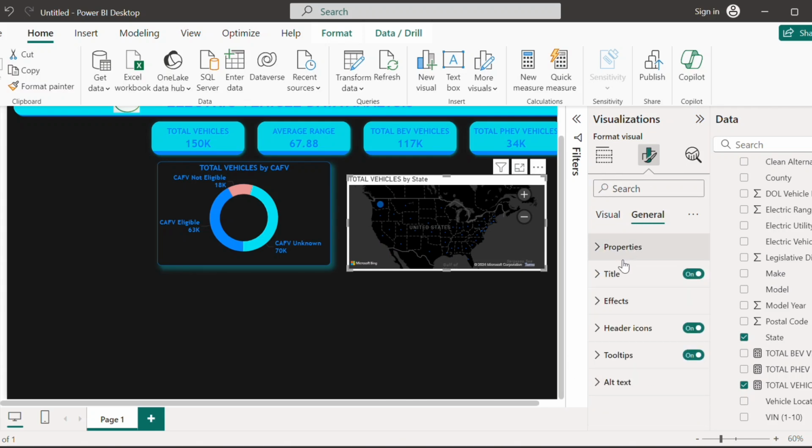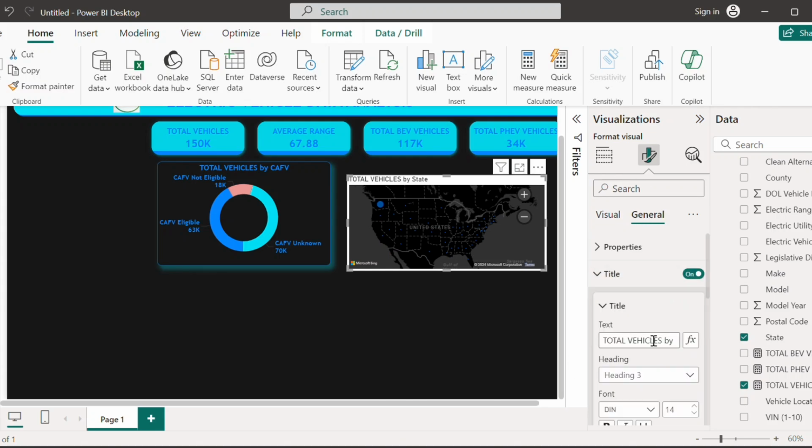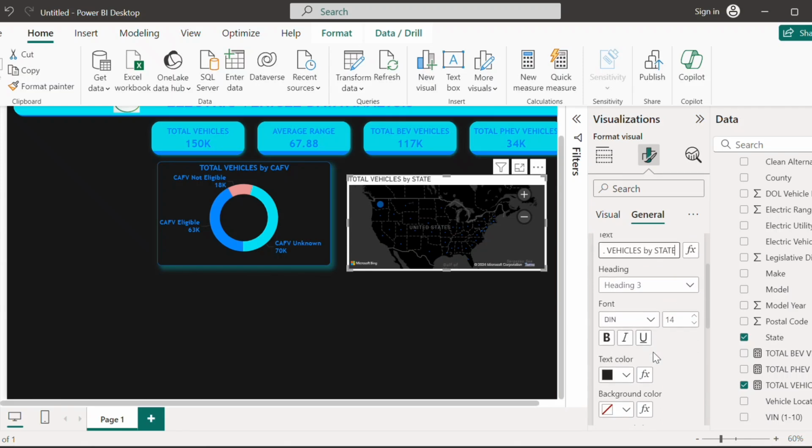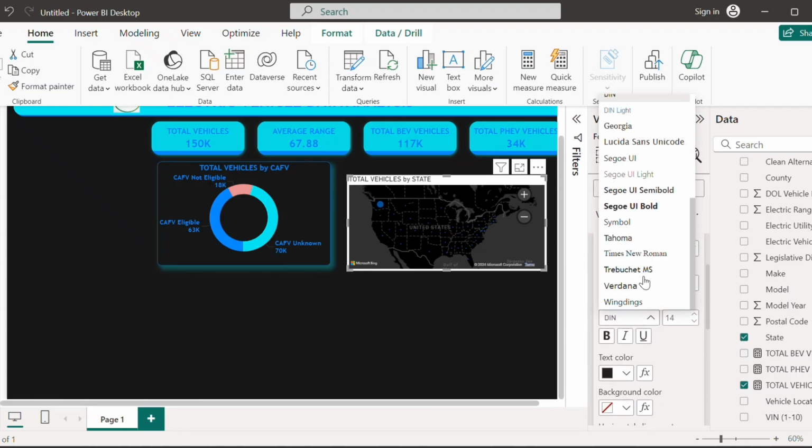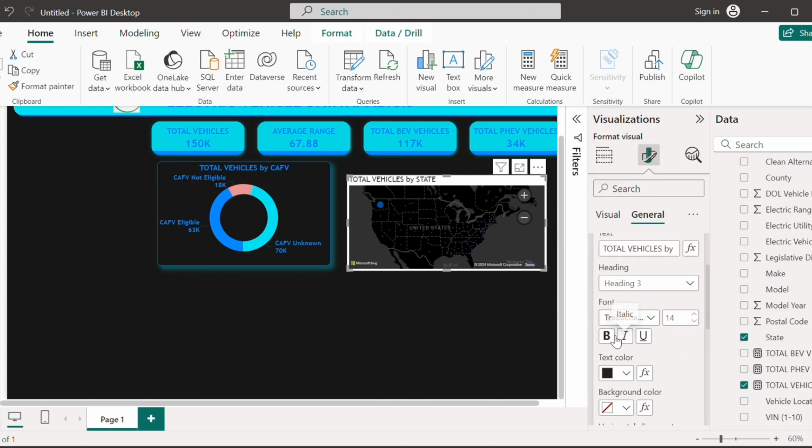Let's go ahead, go to general. Title is on. Let's just change the title a little bit. I just changed the state into uppercase. Change the font. Let it be okay. Let's change the text color to this one,